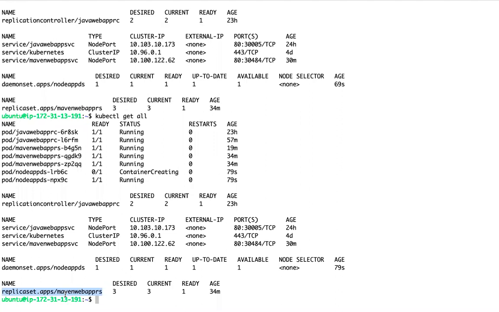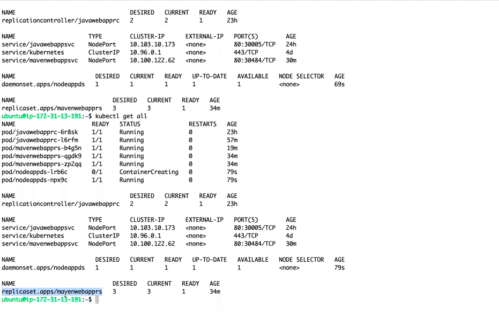Suppose I am trying to monitor this cluster using Prometheus. Prometheus will have an agent like node exporter, which is required on each and every node. You can deploy that node exporter pod as a daemon set, so that each and every node will have that exporter. That exporter will send the metrics to Prometheus.